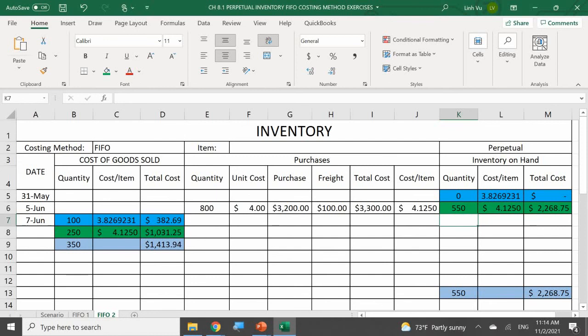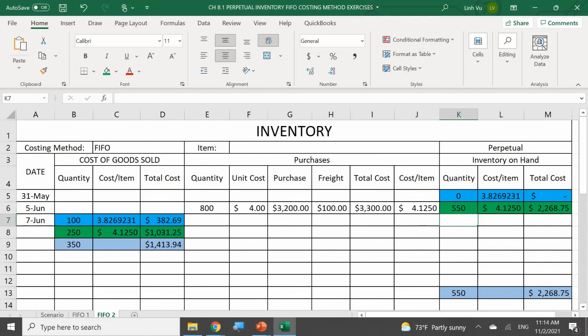If you take 3,300 and you subtract 1,031.25, you should get